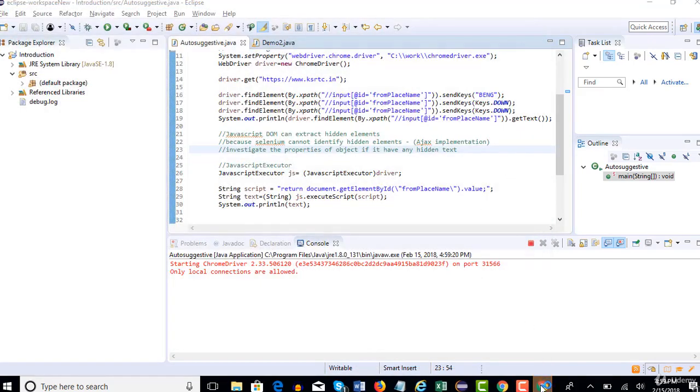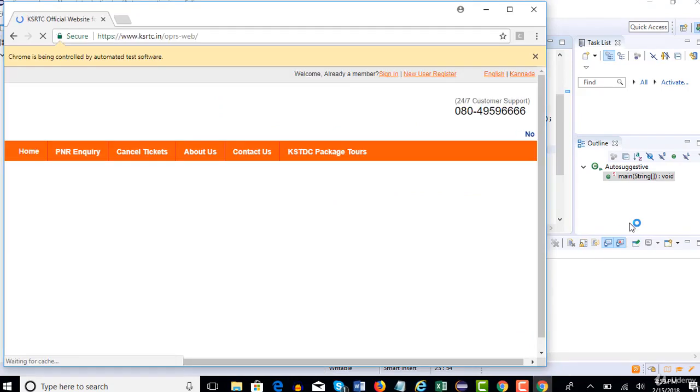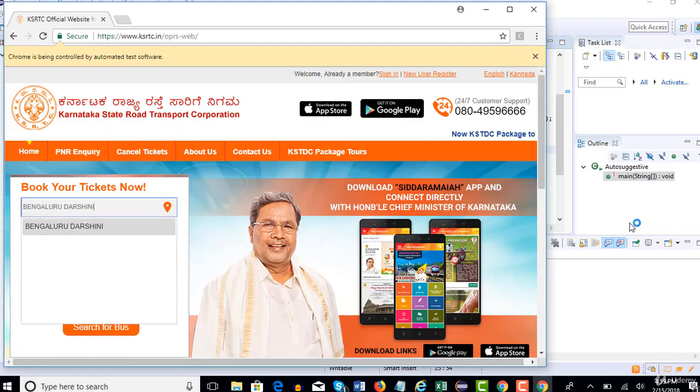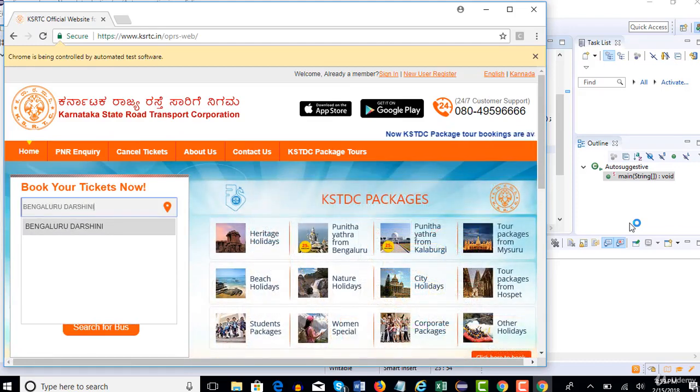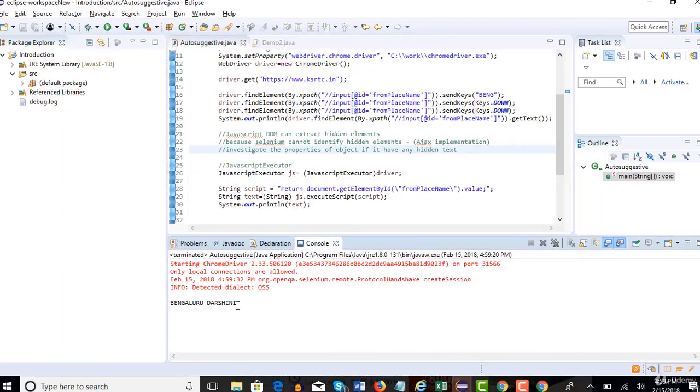Okay, so Chrome browser got invoked, and it should select 2 times key down, and whatever option comes, it should display there. Yep, you see that Bengaluru Darsini is printed in the output.